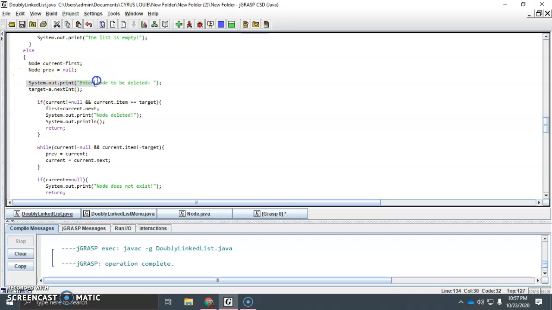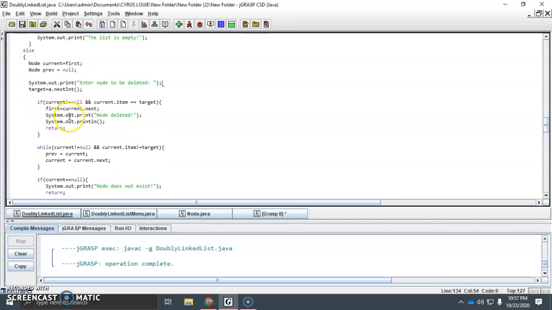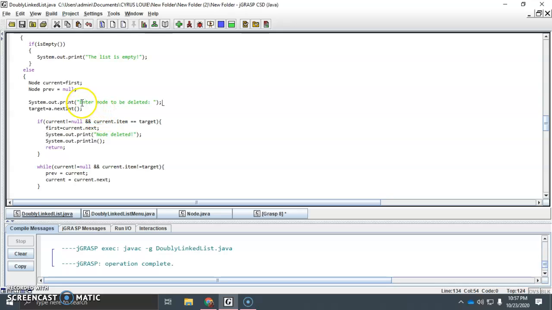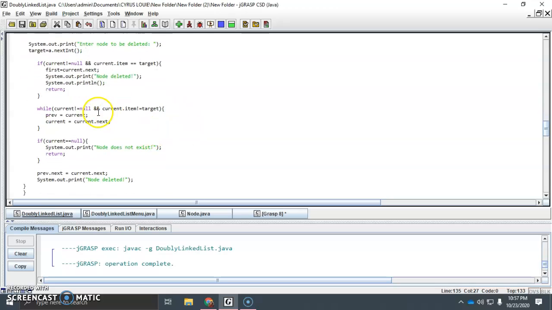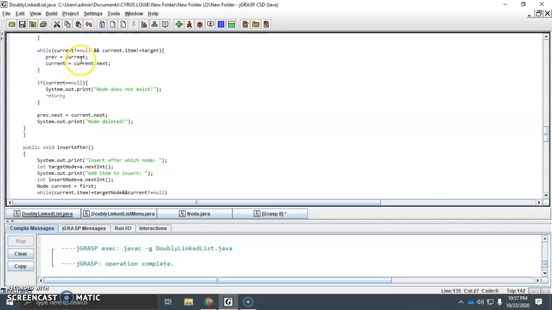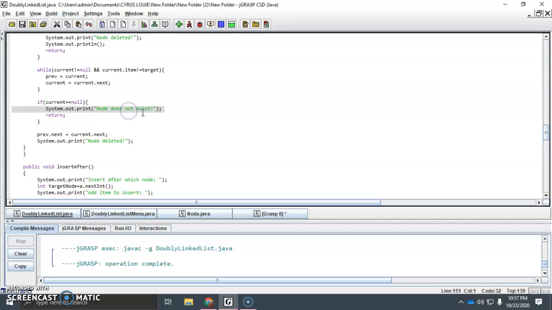So we have here the print. If you click the menu for deleting the node, it will prompt enter node to be deleted. So you have to input the node to be deleted from there. And then after that, we have here all of this, while if the node does not exist, if you entered the wrong node or it is not in the